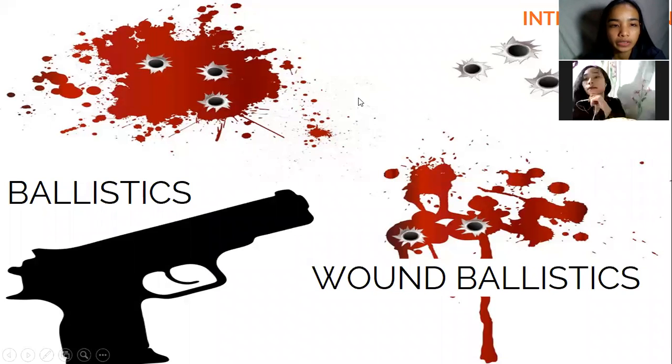In our introduction, the principles of wound ballistics are based on the interaction of the projectile with the human body as well as on the energy transfer from the projectile to the tissues, and that the disruption of tissue is directly proportional to the mass and velocity of the projectile. Each firearm has its own projectile type that varies in physical characteristics, which may have an effect on the